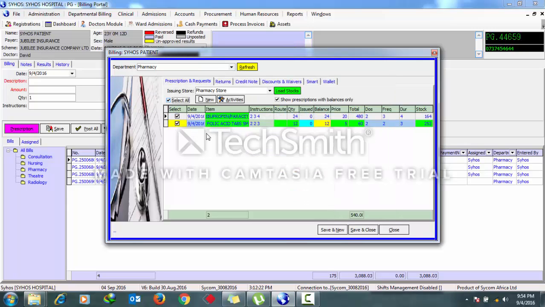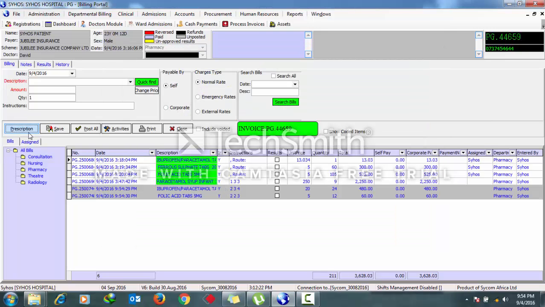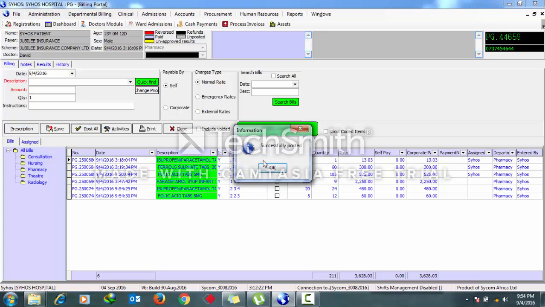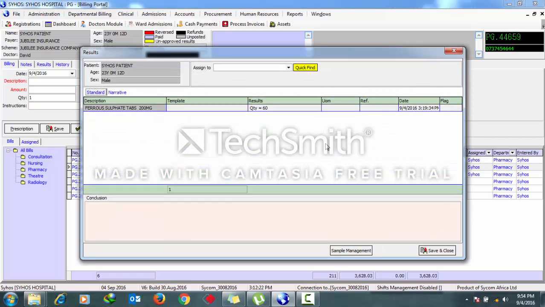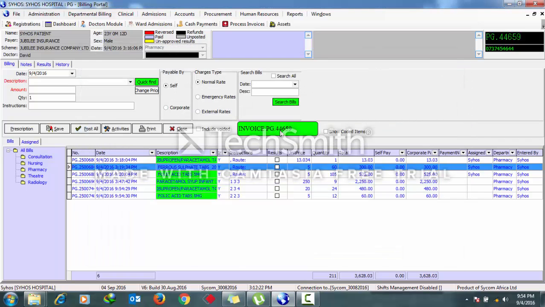So then I select all, and then I post, save and close. So you can see the prescription color is now normal, the pink color is gone. So this one is again a bill, and I can post because this one is an invoice. We don't expect payment from anybody at this time. So this one is payment to be done later because this is an invoice. So that's how we go about our pharmacy module on requesting,